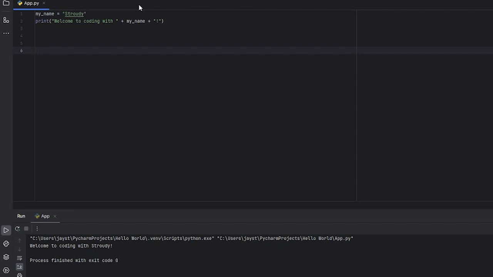Integers, on the other hand, don't have quotation marks. So if you have a one here, it'll just be a one without quotations unless you want to print that one. After that, you can just add more variables, or you can just print and then use the quotation marks here. Welcome to coding with Stroudy. Well, welcome to coding with my name. After you compile it, it'll open to Stroudy,